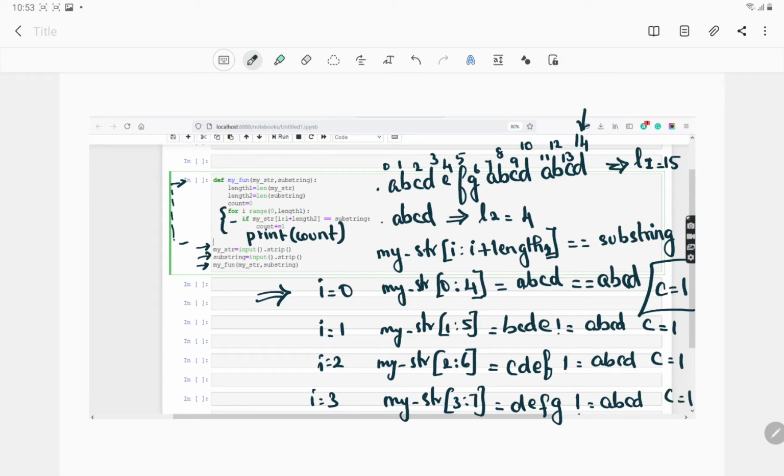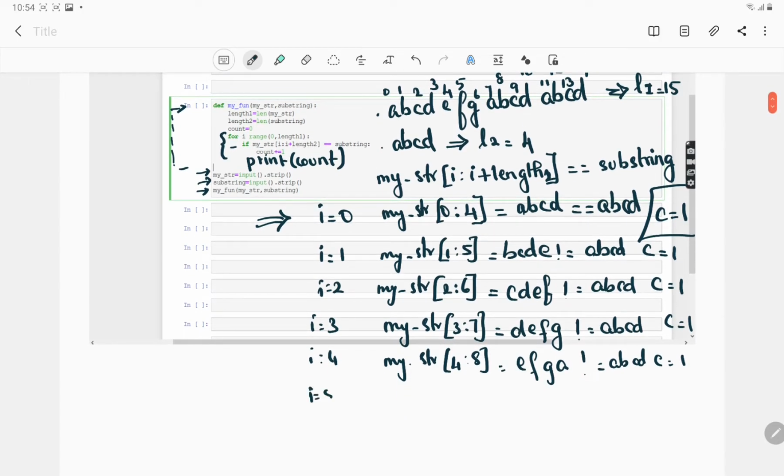Count remains 1. When I is 4, my str is 4 to 8. The elements in the index are 4, 5, 6 and 7, right? So E, F, G and A, which is not equal to A, B, C, D again. Count remains 1.